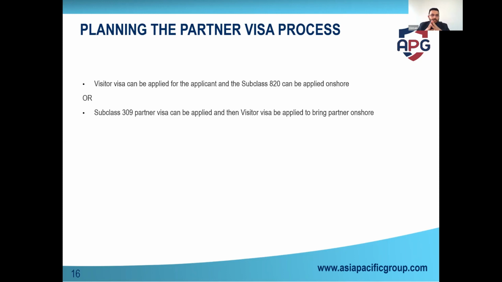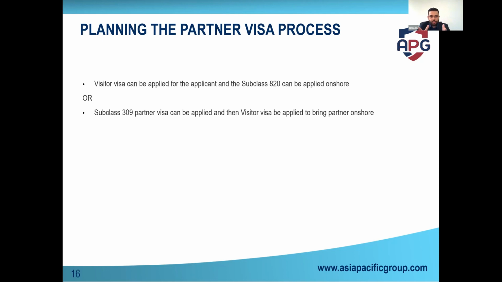Quite big, because what happens is, for example, if you're getting married in Australia, you're onshore, it's very straightforward. You get married, you apply the V20. But if your partner is offshore, let's say you get married and your husband is offshore. Now, for them to be sponsored, obviously they can potentially come to Australia on a visitor visa.